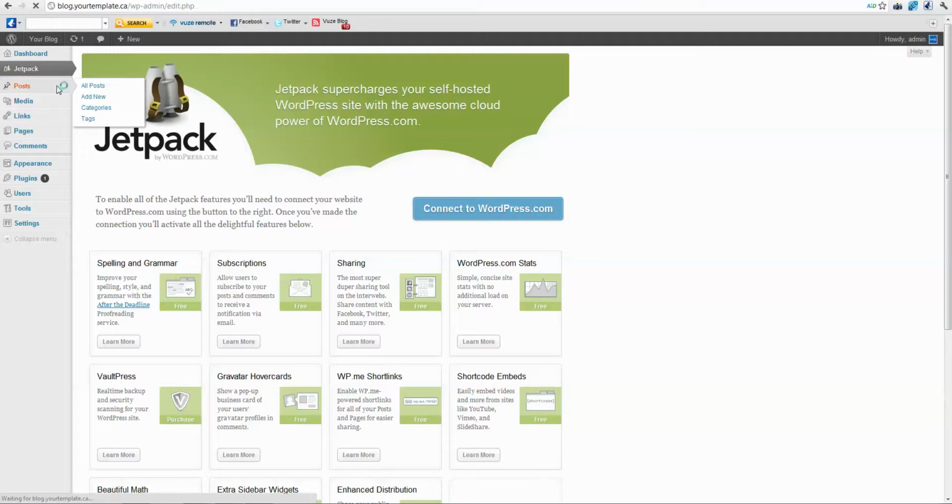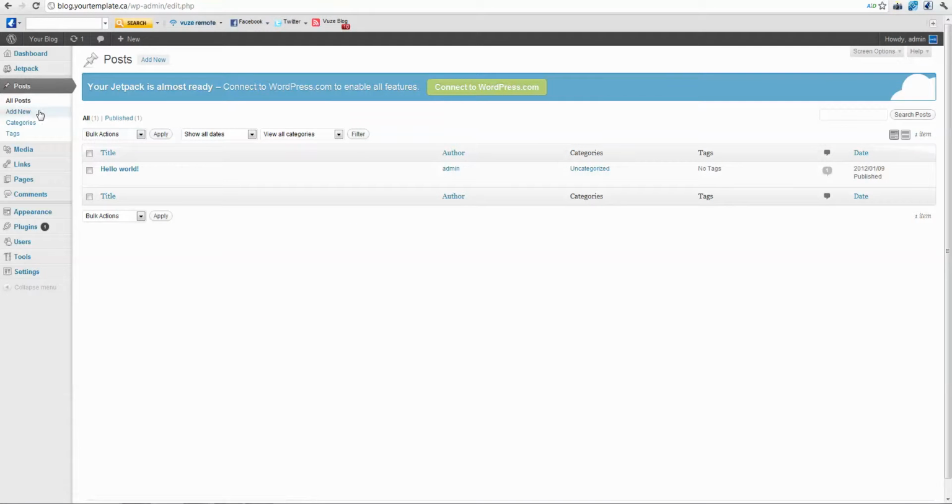Posts, this is where you do your blogging posts. So add new. It's pretty straightforward. You'll have to set up categories and tags, and we'll get to that. This is just a quick overview. And you have media, links, pages, obviously where you set up your pages, comments. You'll have a number here similar to this plugin if anyone has commented on your blog. Under appearance, you have things like themes, widgets, menus, theme options, background, header, and we'll get to configuring all those